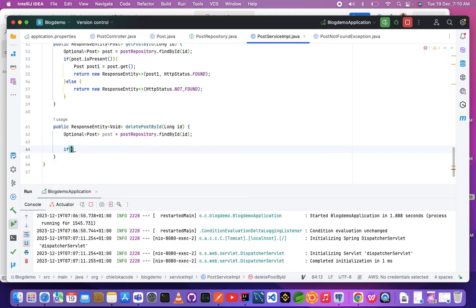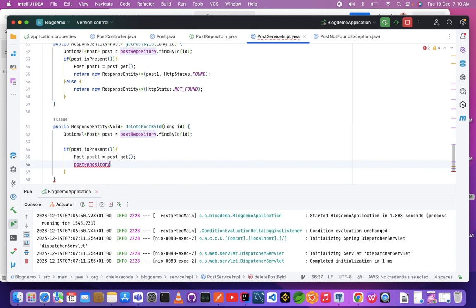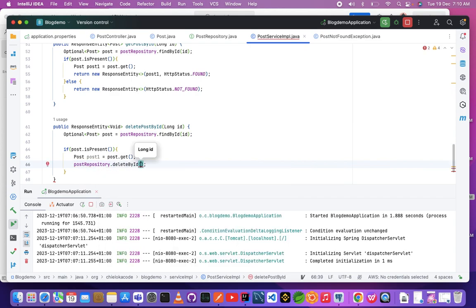So if the ID is present, that's going to be post dot is present. If the ID is present, we need to collect it into this post. So post one equal to post dot get. And then we want to return post repository dot delete by ID of post one dot get